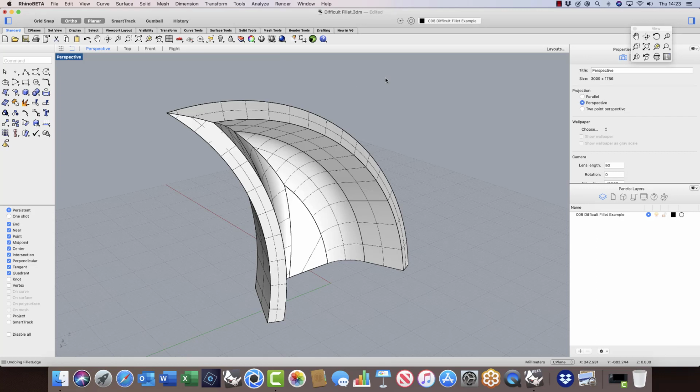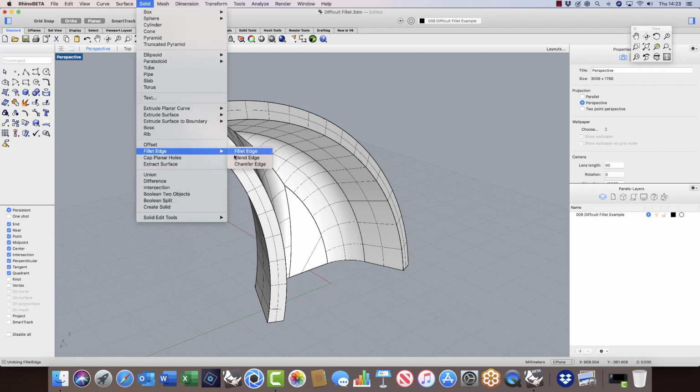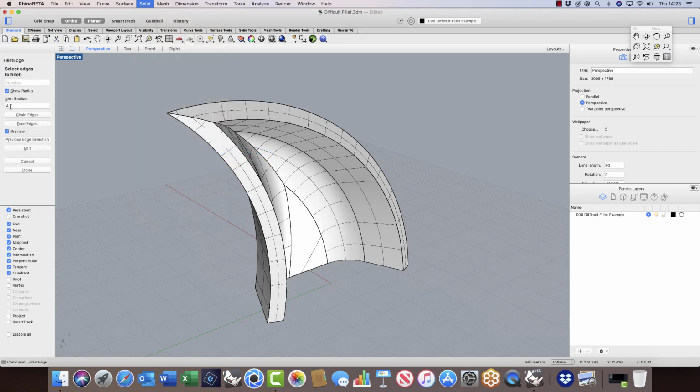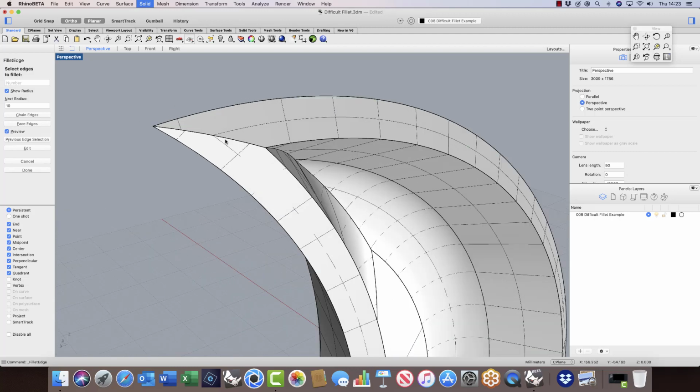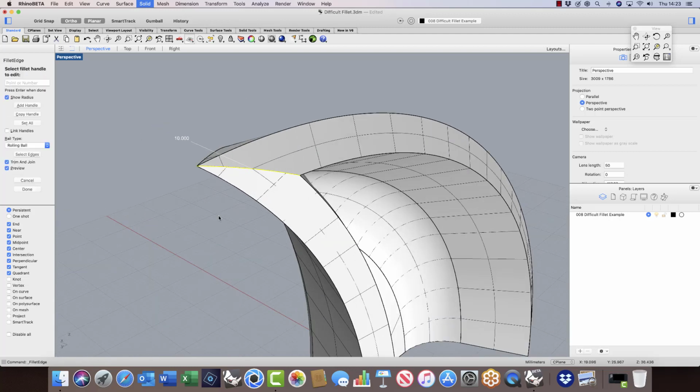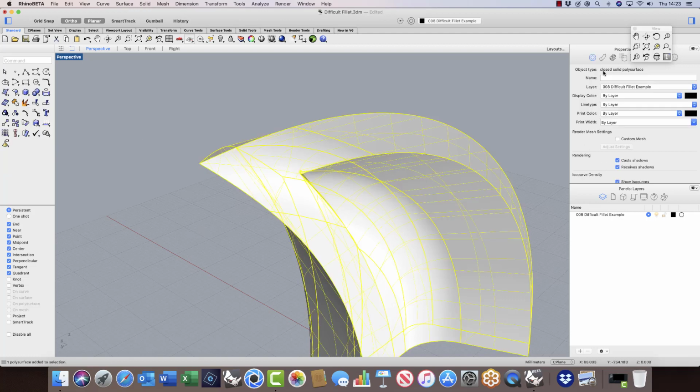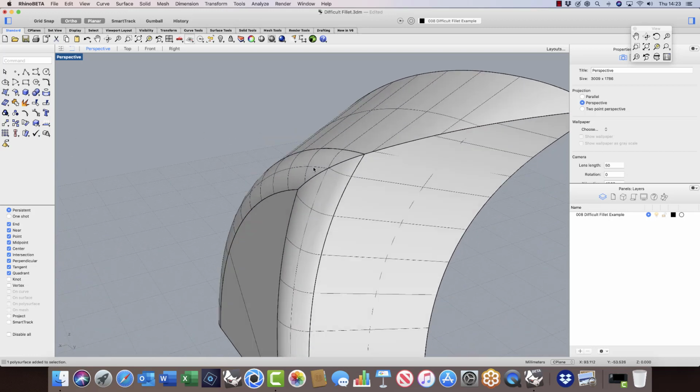If we now switch to version 6, you'll see that with the exact same geometry we get the correct result. So I'll go to Solid, Fillet Edge, and Fillet Edge. I'll set the radius to 10, and I'll look first of all at this corner here. If I go into the preview, you can see that the fillet appears to trim correctly on both ends, and then if I enter and select the geometry, you can see that the fillet builds correctly and I have a closed solid polysurface. So the fillet is trimmed up